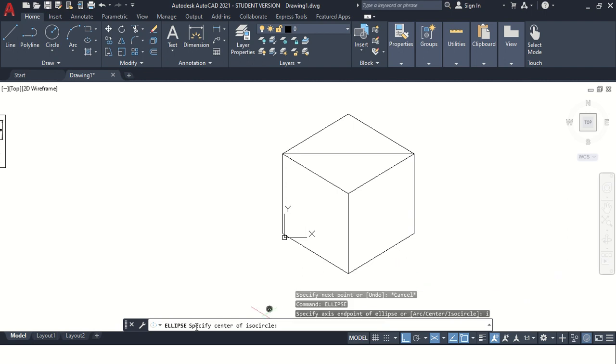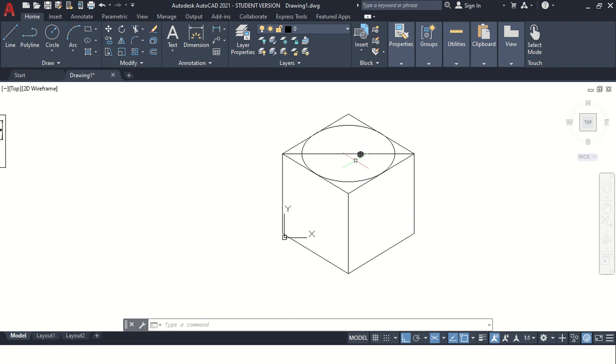Then it will say, specify the center of the isocircle. So you have to select a point where you want to draw a circle. After selecting the center for the circle, it will ask for the radius. So let us specify the radius as 50 millimeter. So you can see the diameter is 100 millimeter, radius 50 millimeter. Again, I'll show you how to draw a circle of 25 millimeter radius.